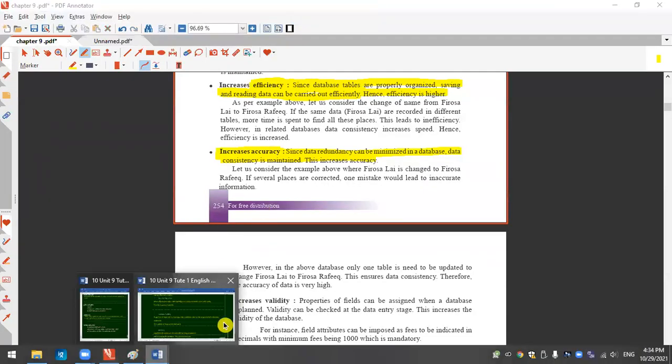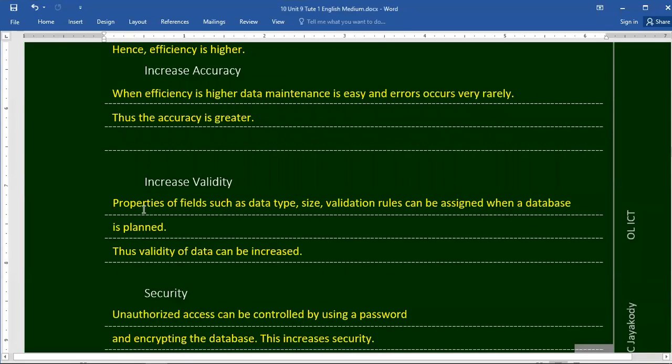Then we have to write it. Increase accuracy. When efficiency is higher, the data maintenance is easy and errors occur very rarely, so the accuracy is greater. Take the note.